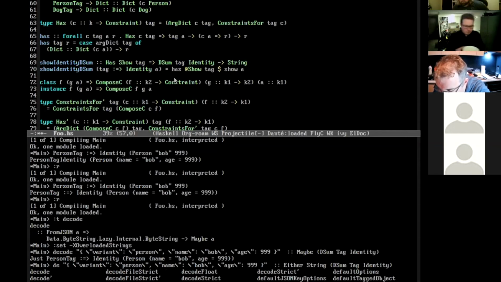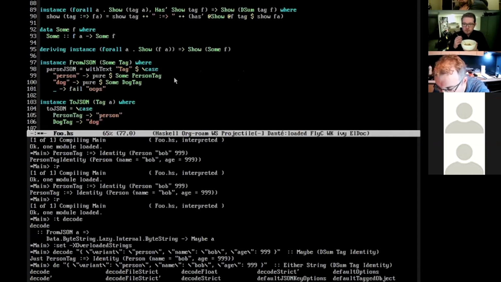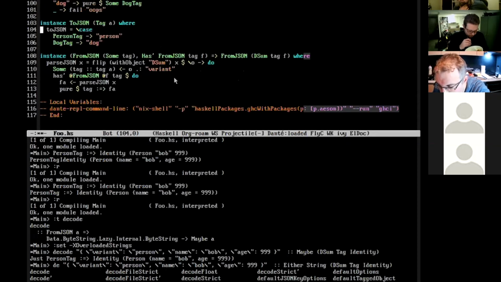Then it's committed to parsing it as a dog because it parsed the variant successfully, and then it's found missing. It's failed to find the keys it needs to complete the parse. It would be nice if it could dump out what it's already committed to parsing, because it's kind of telling you what's implied by parsing dog rather than telling you, well, yeah. Yeah. So if you know what I mean.